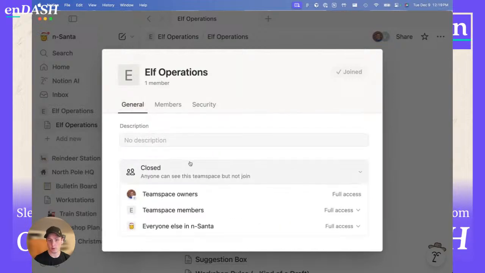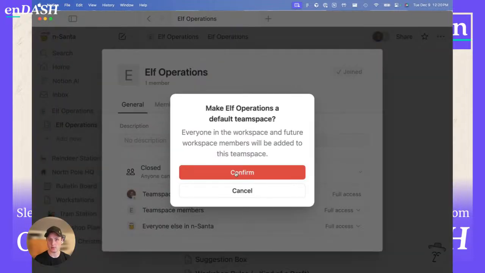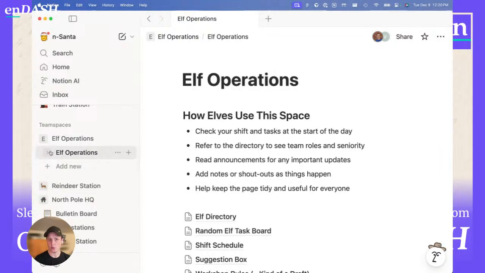I should also check the general settings to look at the descriptions and the permissions. For this one, I'm going to change it to a default team space. And these modals on modals can be annoying, but they're really telling you something. They want to make sure you're not doing something you don't mean to. So yes, I do want elf operations to be its own team space, and I do want it to be